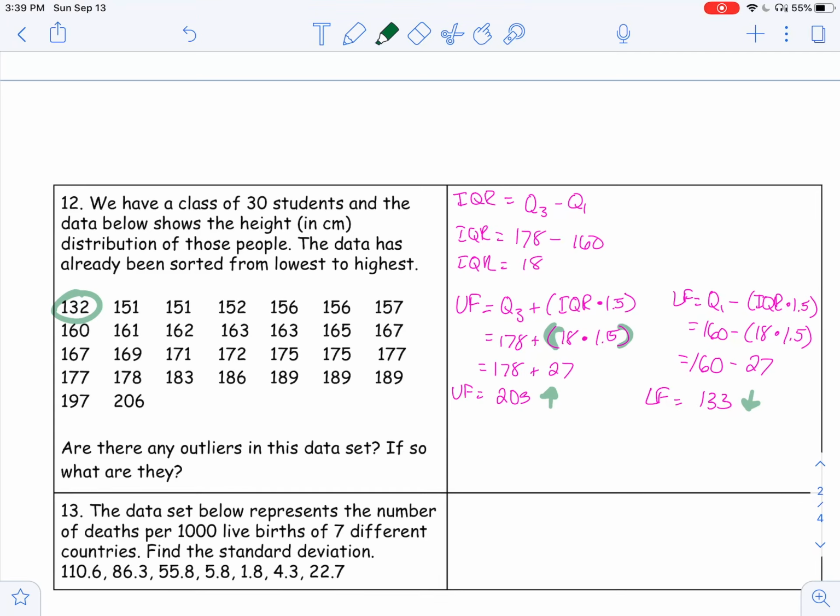So my smallest number is 132. That is smaller than 133, so that's an outlier. Then my largest number is 206. That is greater than 205, so that's an outlier. So our two outliers are 132 and 206. And it's because they are larger